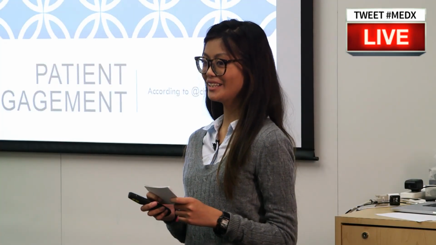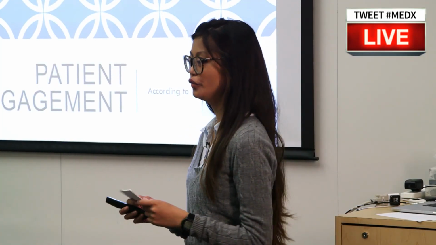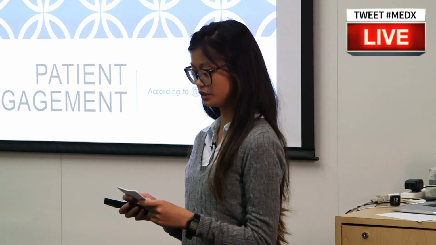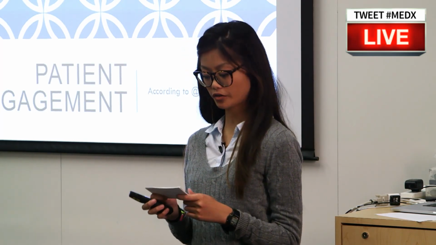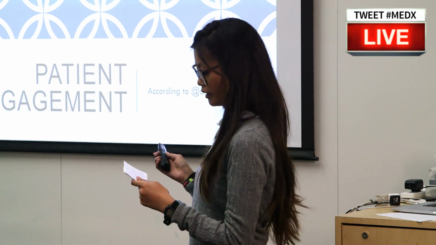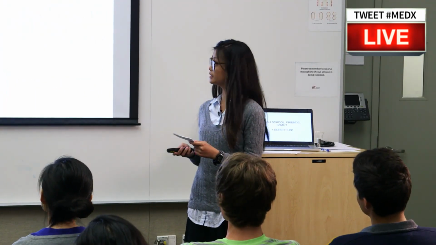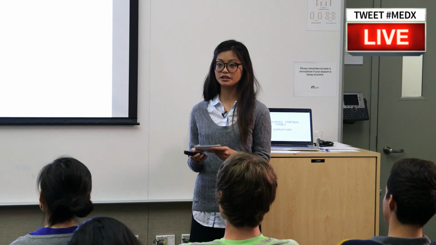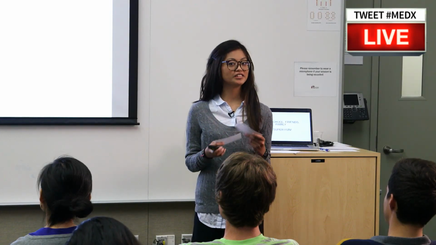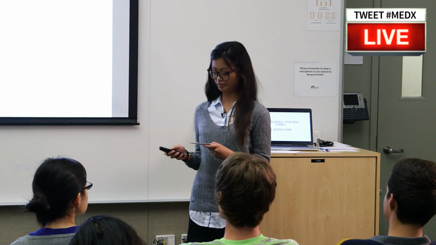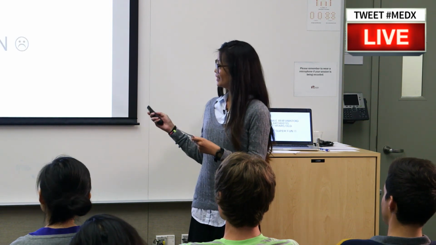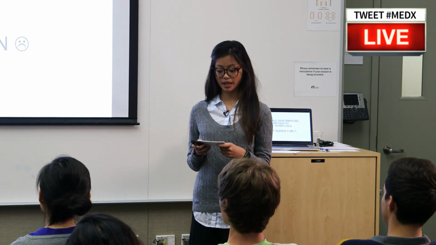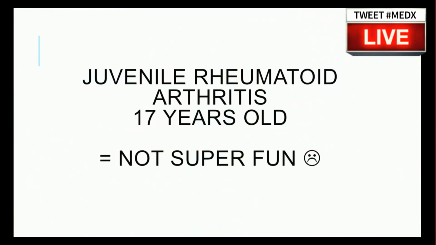Hi everyone, my name is Nikki Estinol. I'm 24 years old and was 17 when I was diagnosed with juvenile rheumatoid arthritis. JRA is an autoimmune disease that affects the joints, immune system, and organs. My favorite definition is "not your grandmother's arthritis." There is chronic pain, there's stiffness, there's inflammation, and generally just not so much fun stuff to do. JRA has no cure, but it can be treated as well as managed.